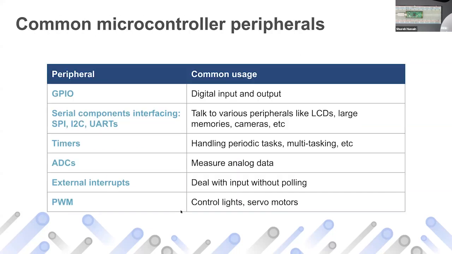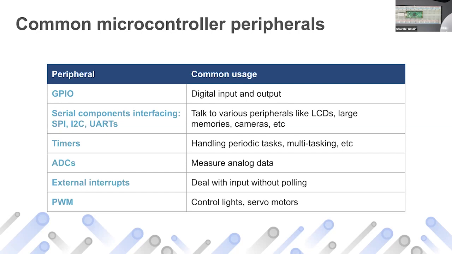I mentioned serial port and GPIO and all that, so what does it mean? If you take any microcontroller, pretty much every microcontroller will have certain peripherals, and these peripherals have some use. For example, GPIO means digital input and output. What is an output, for example? Let's say you want to glow a light or LED, or you want to drive something using high voltage. By high, what I mean is that 1 is high and 0 is low.